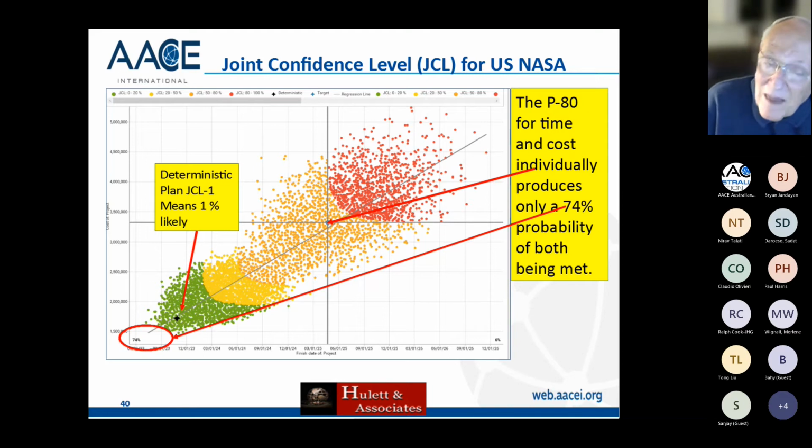In other words, you may think you got 80% cost and 80% schedule, but when you look at the two of them together, there are a lot of costs that are not finished by the time you got 80% schedule, and vice versa. So you have to add time and you have to add money to make it possible to claim the finish date of the two things together, of the time and cost. And the envelope of the red dots on the lower, all of those are different combinations of cost and schedule that will make 80% for the two of them.